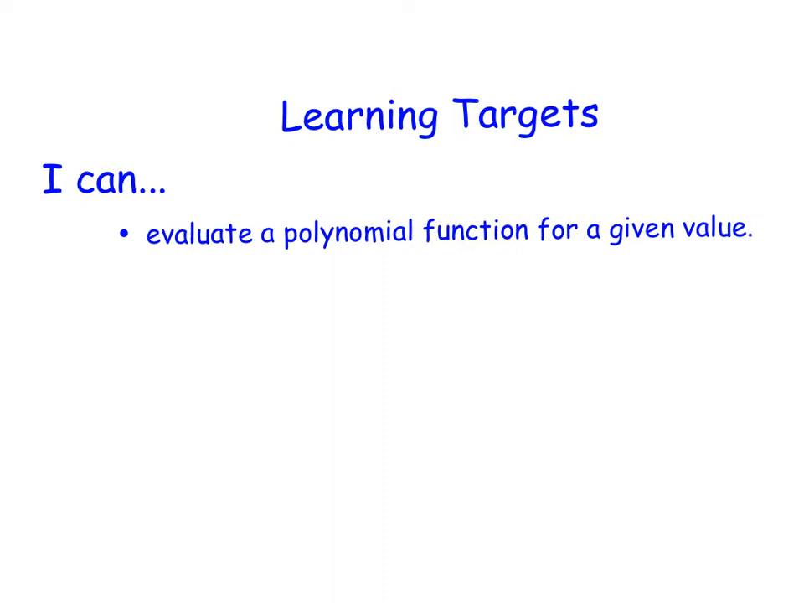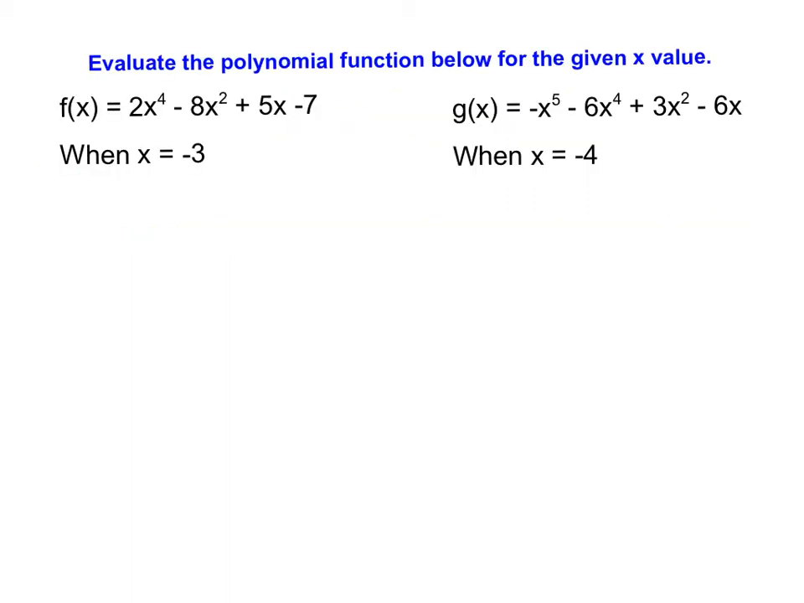In this video, we're going to evaluate a polynomial function for a given value. So for the two examples that you see on the screen, we're going to take the function that we're given and evaluate it for a specific value of x. Here we're going to find f of -3. And what that means is we're going to evaluate the function when x is equal to -3. And we're going to take that -3 value and substitute it everywhere we see an x